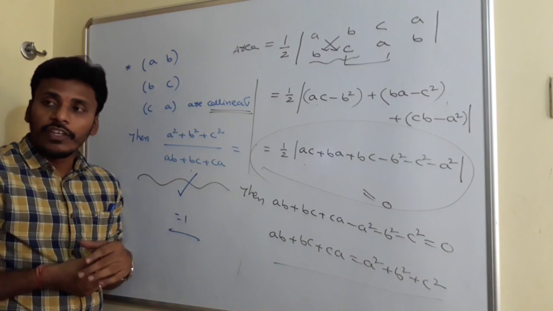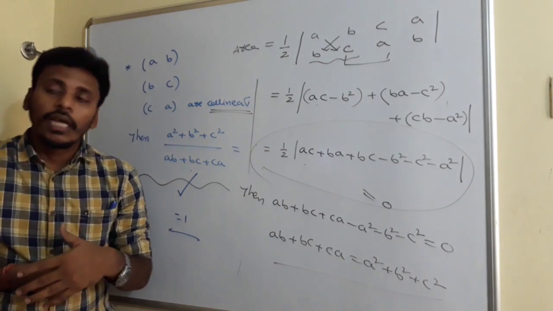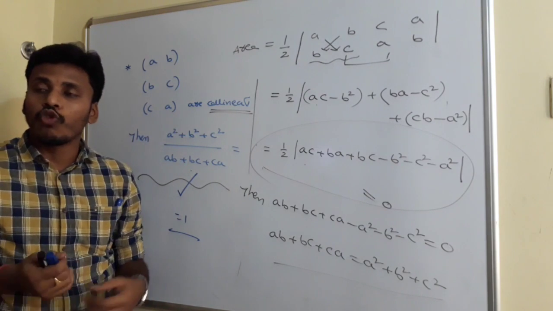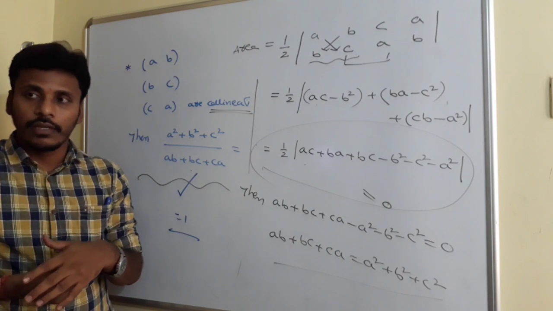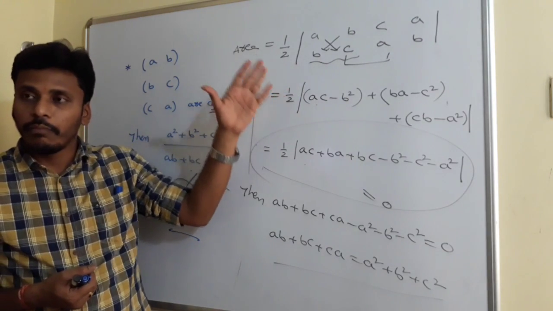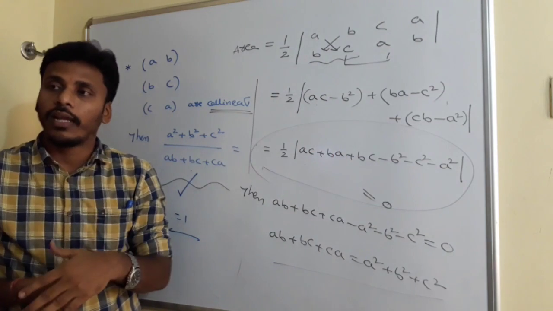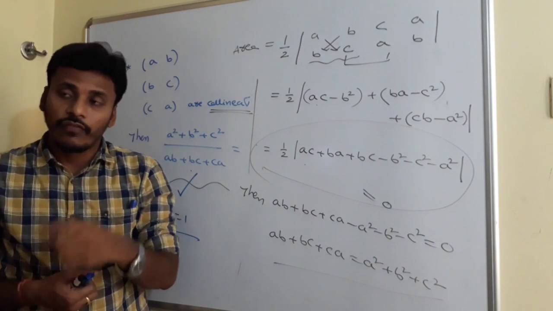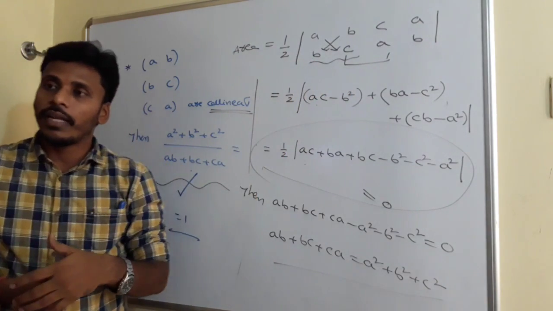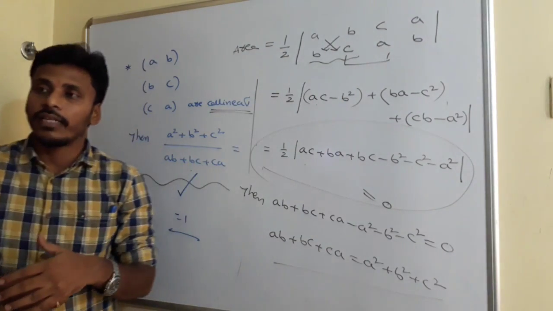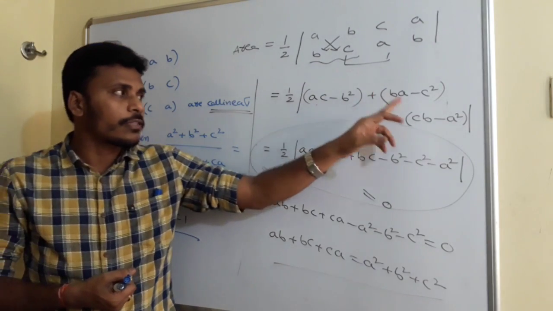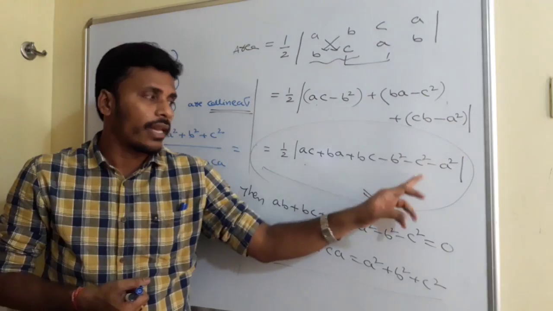There is a method to find the area of the triangle using this determinant method. In this method, you need to write the coordinates of the given points column wise, and afterwards apply the crisscross technique for every block of elements. Now here the coordinates are AB, BC, CA. You write half mod AB, BC, CA, again the coordinates of the first point A. And now apply the crisscross technique for every block of elements. From the first block it is AC minus B square, second block it is BA minus C square, and from the third block it is BC minus A square. Now you combine all these things. After rearranging you will get AC plus BA plus CB minus B square minus C square minus A square.